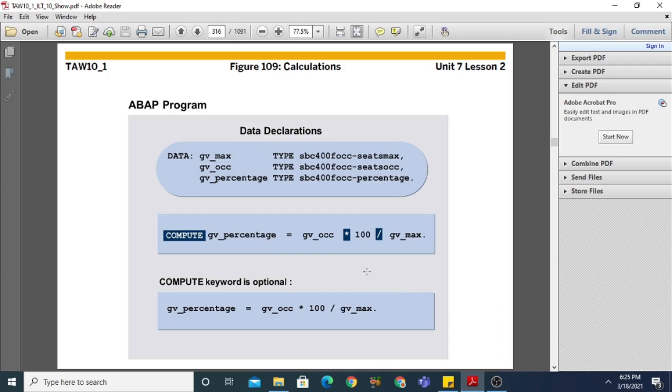So you can see that this is a simple calculation. First of all we are defining 3 data objects, gv_max, gv_occ and gv_percentage, and we are performing a calculation here.